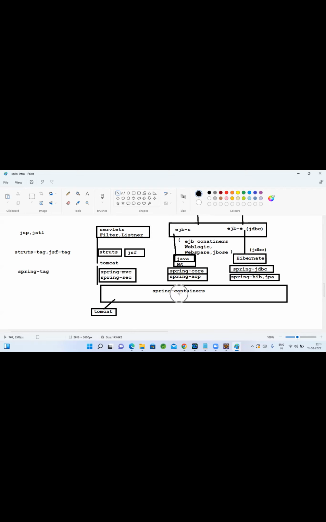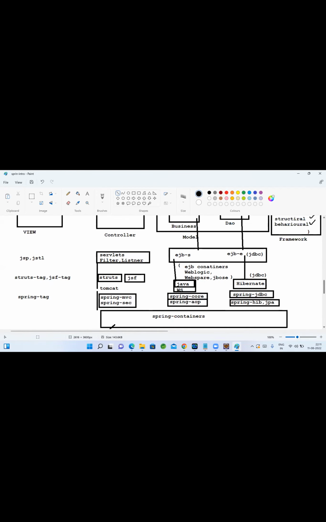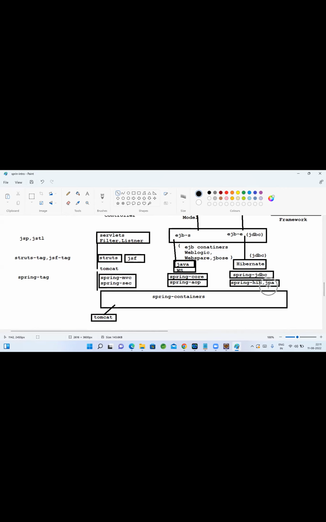That's why Spring containers are very important, and we learn first about containers. They are not like separate software. We need not download a .exe file and we need not deploy it. Spring containers are also given as a framework only, as a Java framework. We will understand those framework classes first. So if we learn Spring, what you can do is build end-to-end components. Earlier, we used to have separate components to do all these jobs. Now Spring came into the market with all the modules to build a complete end-to-end application.